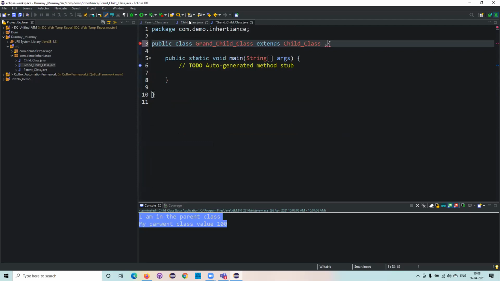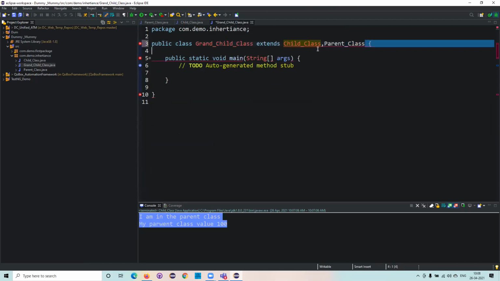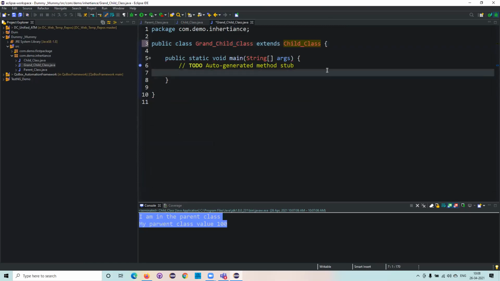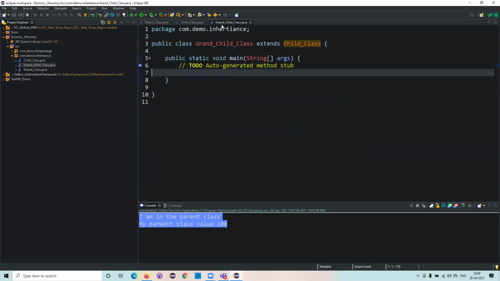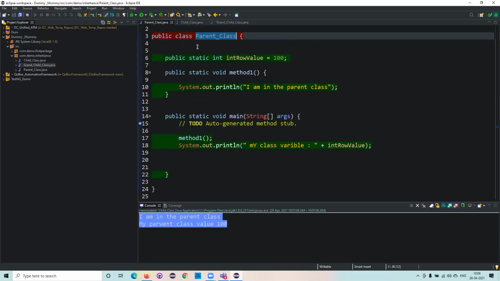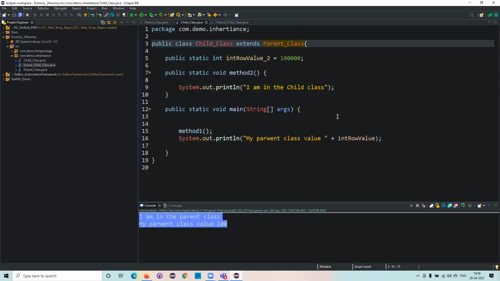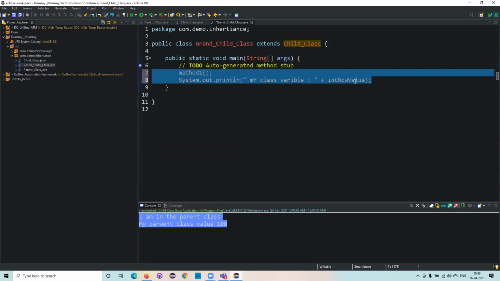So together you are saying, child class and automatically parent class methods will be called. Then if at all in this condition, I'll explain you one thing. So now if at all I wanted to access both the things, now if I give only the child class, now whatever my parent class methods are there, see now I can call these two values. So I can access the method one and then this variable. It didn't throw me error because my child class is extended by the parent class, then there is no worries. And I will ask the method 2 and this value also. Even those things also can be accessible over here.